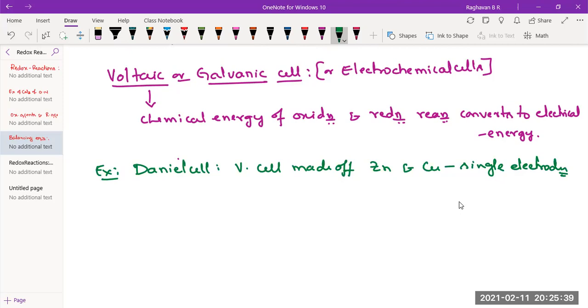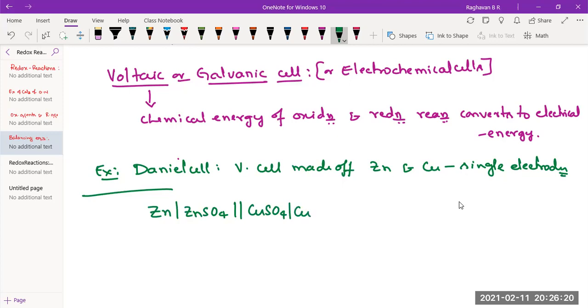We know the cell representation, all those things; actually we do this again in electrochemistry. I'll just mention it if you can recall. First the anode is written, then put a vertical line. That vertical line indicates the physical state difference, or phase difference. Zinc is solid, zinc sulfate is in solution, liquid state. And this represents the zinc single electrode. Two vertical lines represent the salt bridge. Next we need to write the copper single electrode, but the metal should come at the extreme end. That is one rule actually.